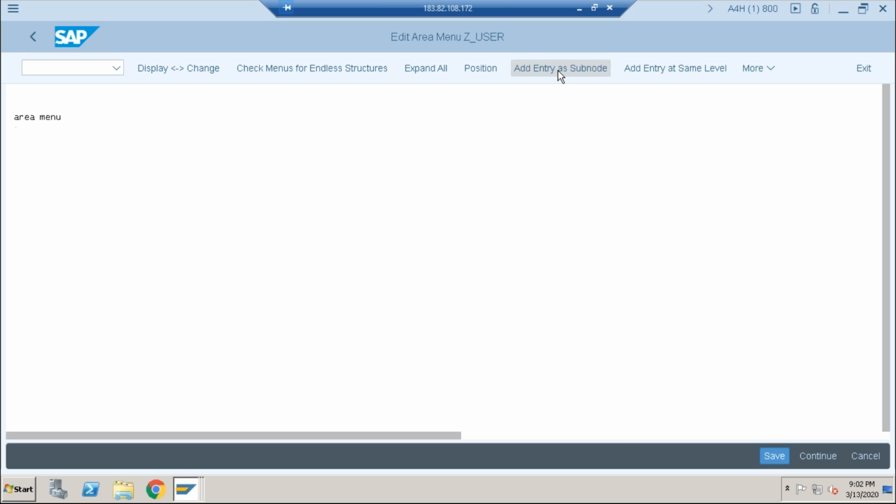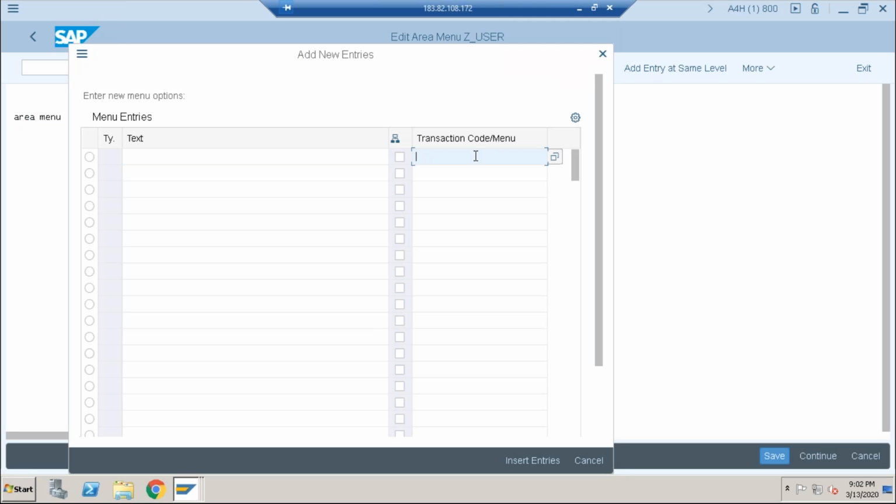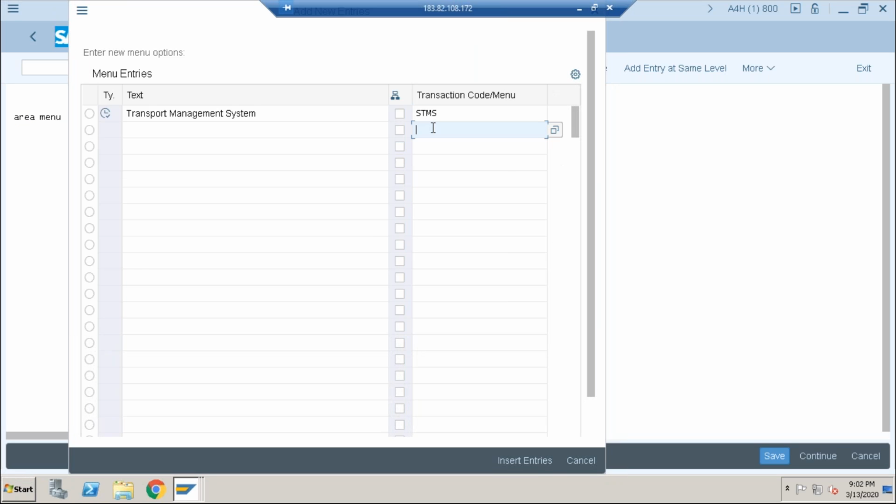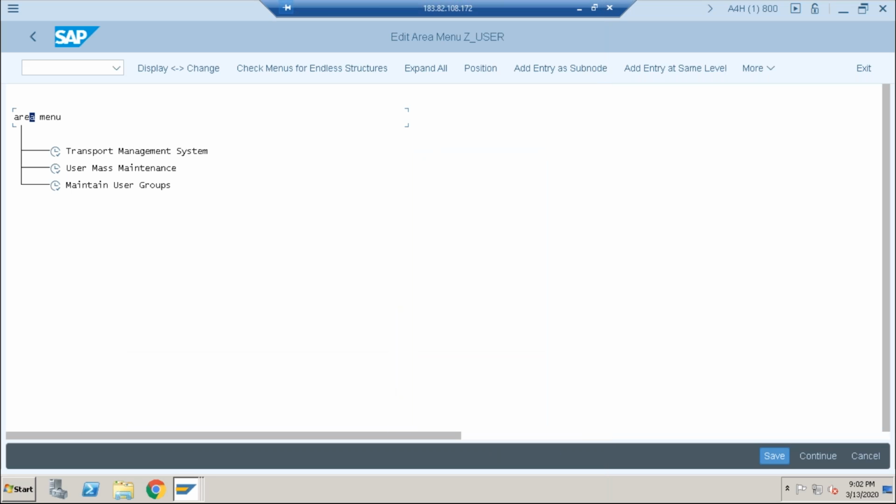Add entry as... here. So 10. Click on insert. No need to do anything, just click on insert. Here you can directly execute. Now click on execution. Save it. Save.